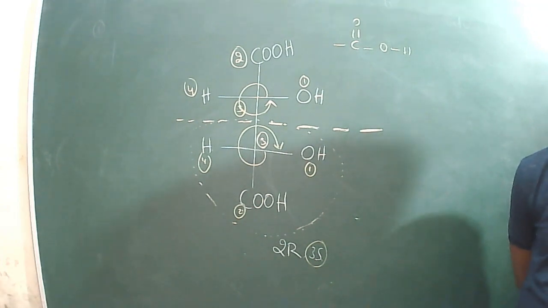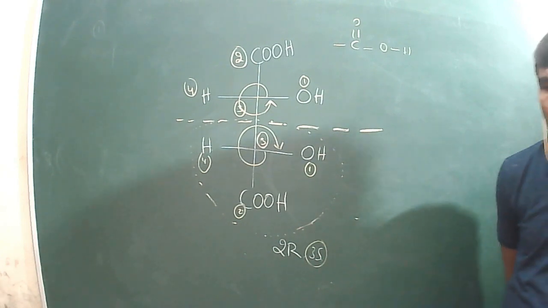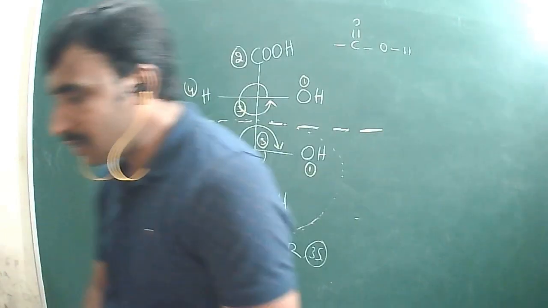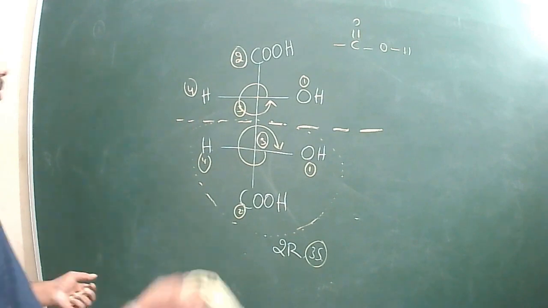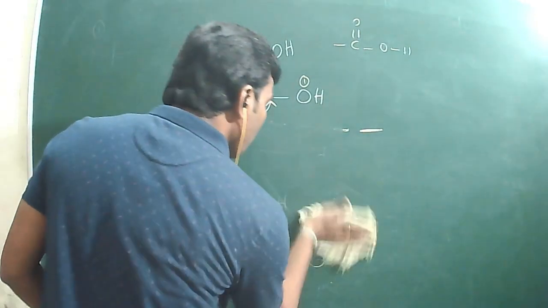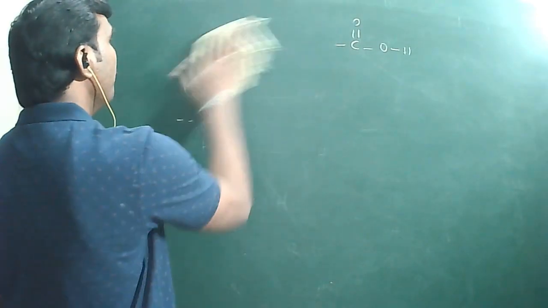Any more doubts? Is it clear? Dotted line, thick line also? Is it clear? First, tell me the first example for the wedge dash, whatever I took. First, you just tell me, I will explain.